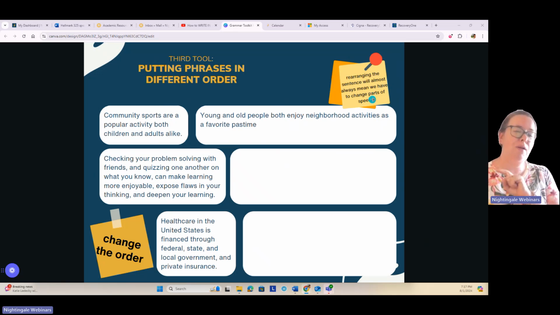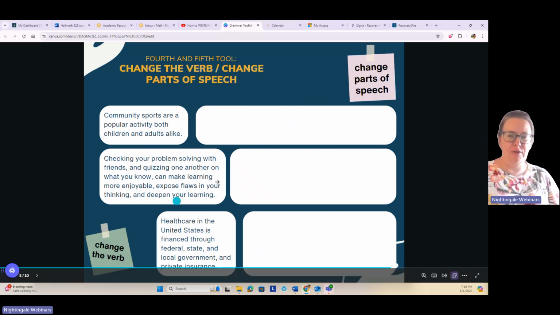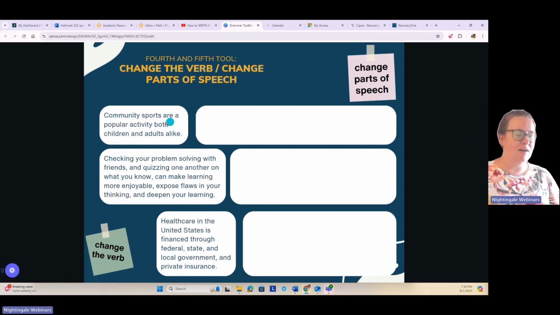We can do a couple more things. One thing I've done here is I've actually changed the verb, which is my next strategy, which is changing the verb. So instead of using are a favorite, I said enjoy as a favorite pastime. So I've changed the verb there.